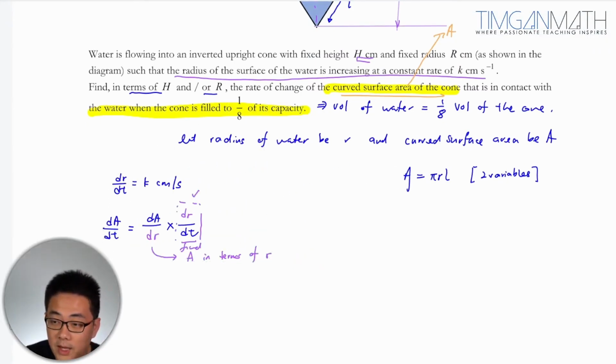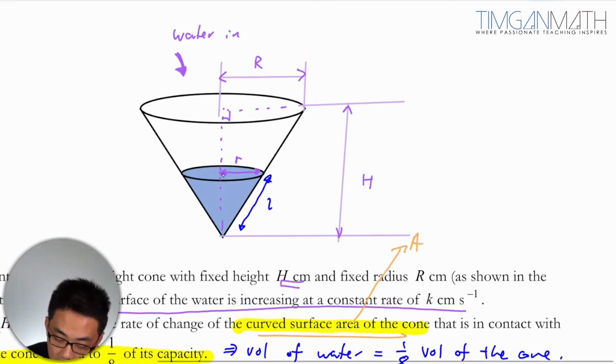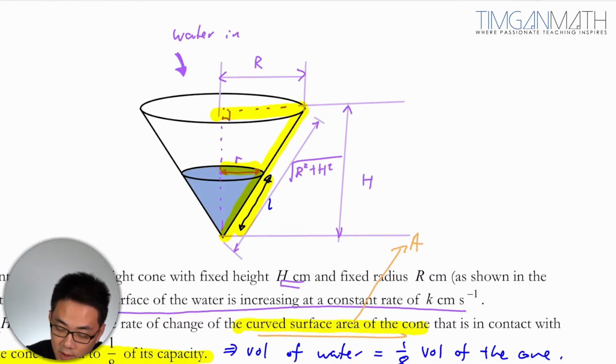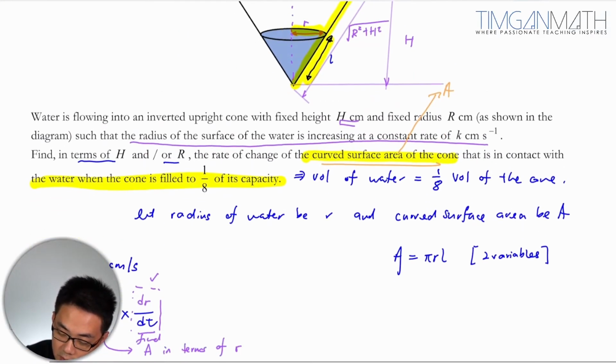So what we're going to do next is look at this. This is pretty okay, because you look at this slant height here, you can use similar triangles. By using Pythagoras' theorem, this over here will be the square root of r squared plus h squared. Okay, so in other words, using similar triangles, this over this will be this over this. By properties of similarity,